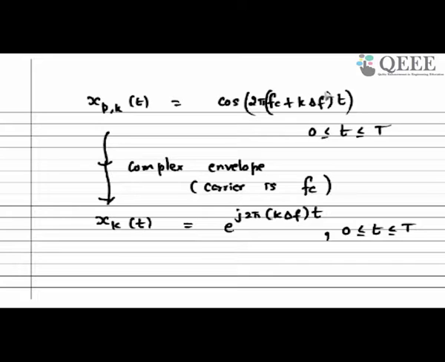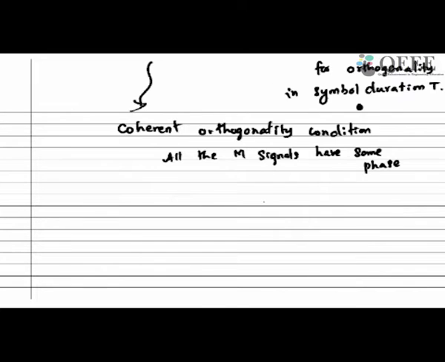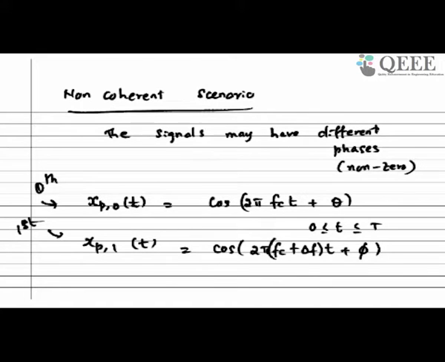So if you delay cos 2 pi f1 t by tau and cos 2 pi f2 t by the same tau, the phase shifts for these frequencies will be different. The frequency f1 will have some phase shift, f2 will have a different phase shift, even though the delay is the same. So that is an important problem, because once the propagation delay happens, the phase of these waveforms changes. So now you want the signals to be orthogonal even when they have different phases.